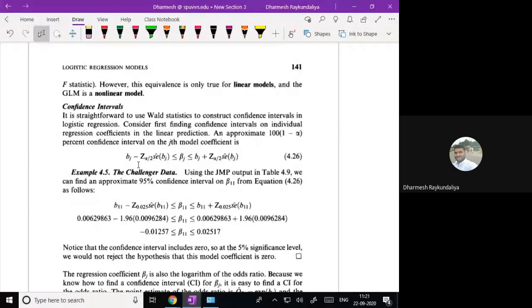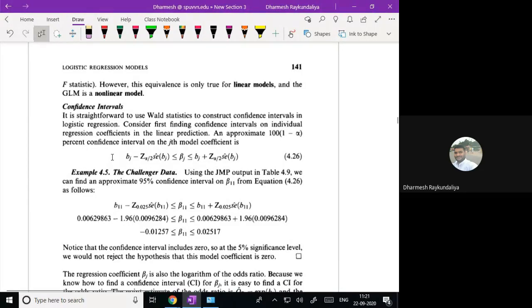You may suppose ask how to perform the testing of hypothesis in the binary logistic regression. So you can discuss the approach of the deviance, and you can discuss the approach of individual testing. In a simple linear regression and multiple regression, we first perform the analysis of variance. Here we are not performing the analysis of variance. Here we are performing the deviance. Okay, and then we directly go for the individual testing.